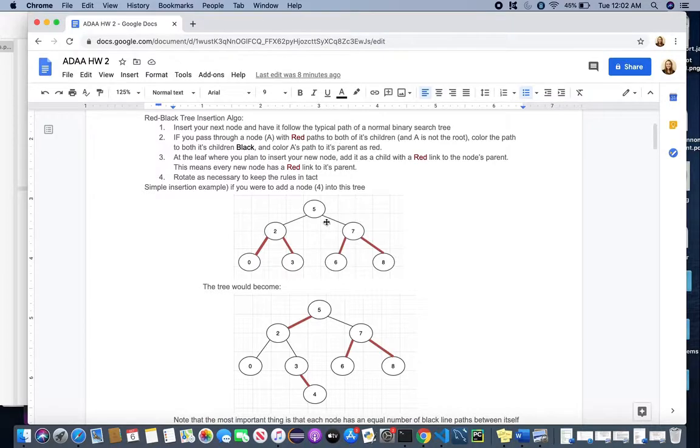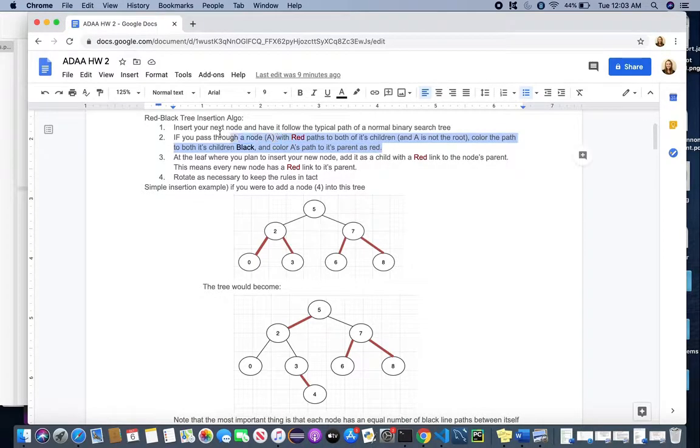So, the insertion algorithm, you put it in like a regular binary search tree, like how I inserted 4 right here, and it lands right where it would land with a regular binary search tree. But it went through this path of 2 reds. So we did a little color flip. We cleared out this red, turned them into black, and then put a red in the path between 2 and 5,